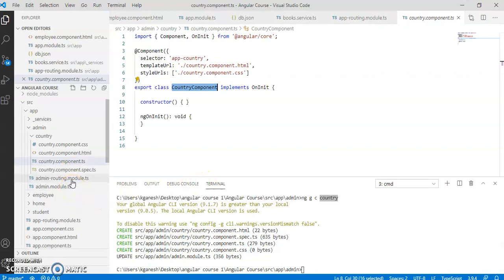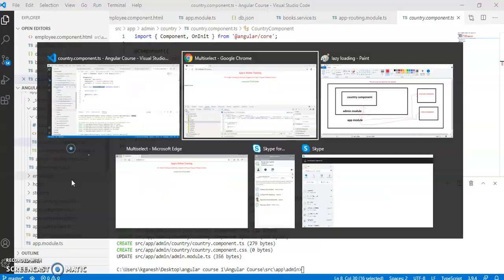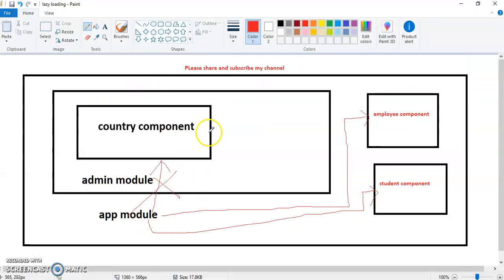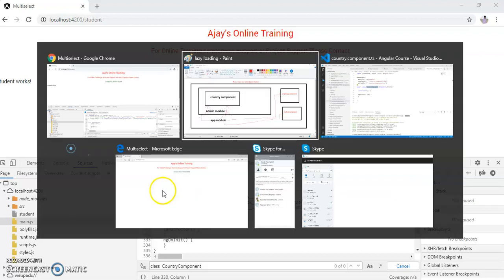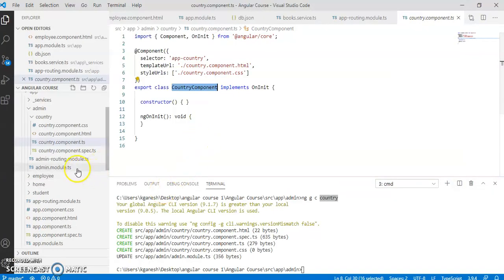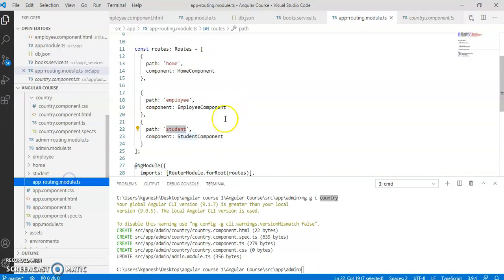How do we have to redirect to this module? First of all, in order to lazy load, we have to redirect from app to admin, and later on from admin to country. How routing from module to module is done, I will explain in this video.